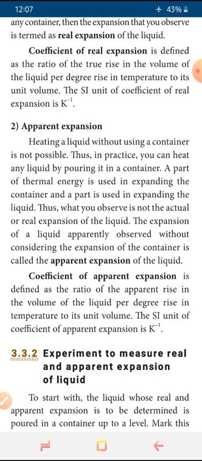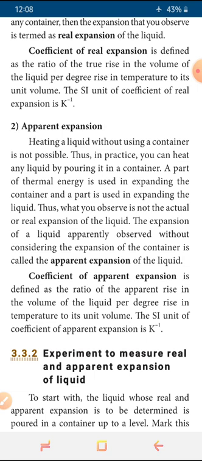So the liquid will be taken in a container. First we will heat the container, then the heat will be transferred to the liquid. We want to give energy to the liquid only, but unfortunately the heat first will be passed to the container. So one part of the energy goes to the container, the rest will be passed to the liquid. Here the heat energy taken by the container is neglected. So neglecting that heat energy, we calculate only the temperature of the liquid.